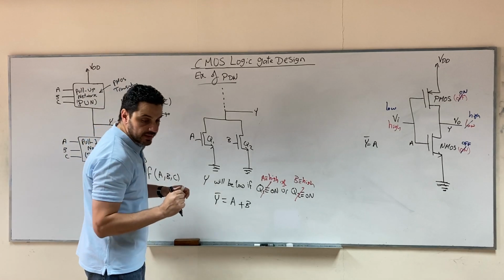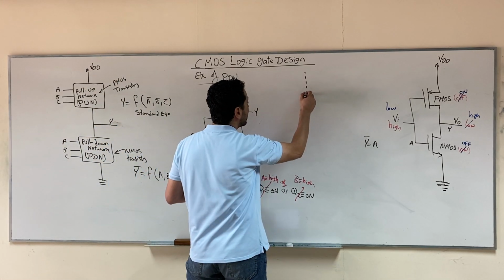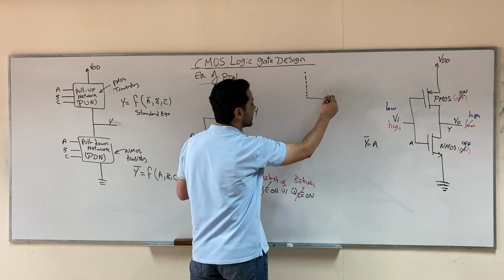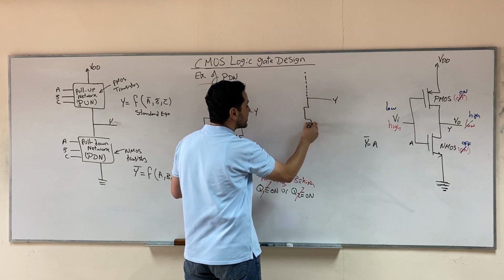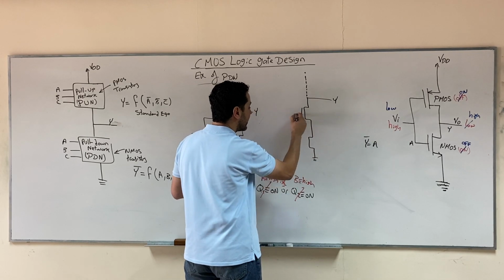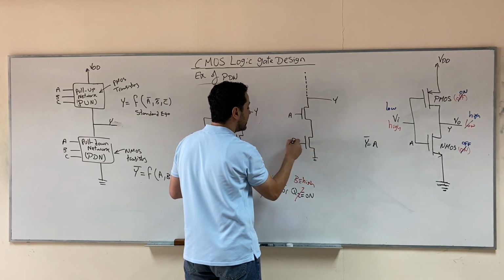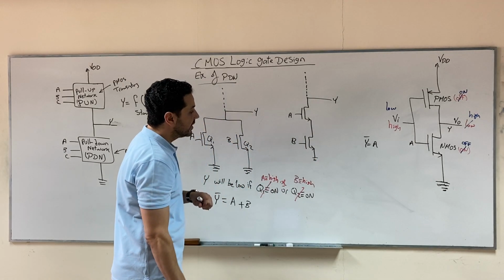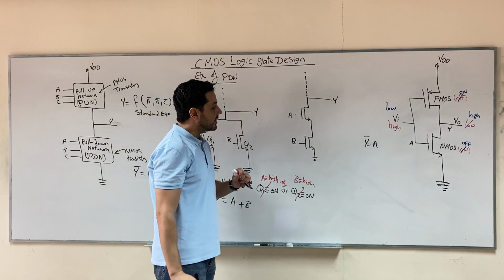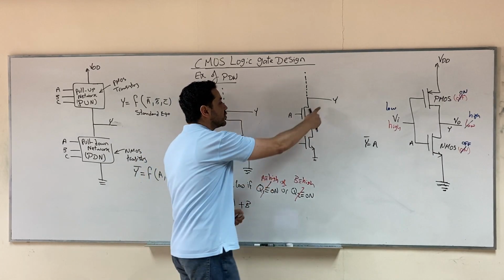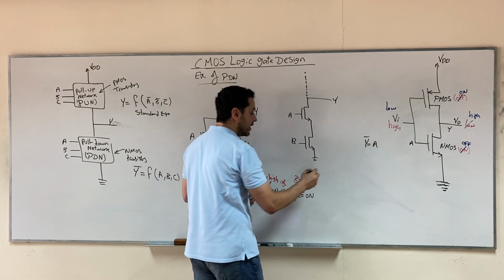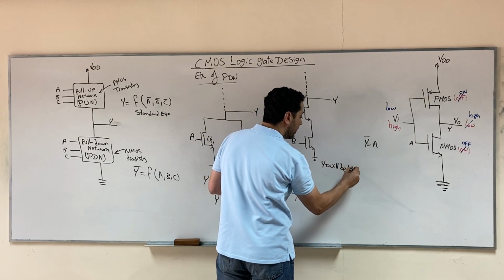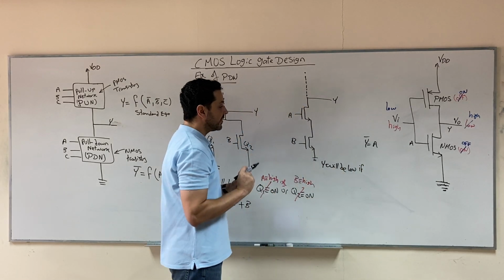Let's see another example. If I give you a pull-down network, of course I'm making these dots here to represent that there will be a pull-up network. If I give you a pull-down network that looks like this, of course it should be NMOS, right? Then I ask you to write the equation. You would say that Y will be connected to the ground, Y will be low, if